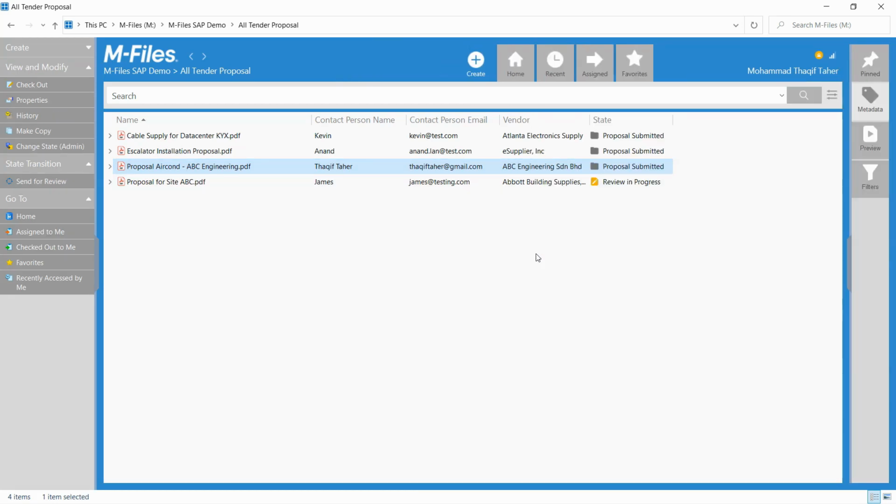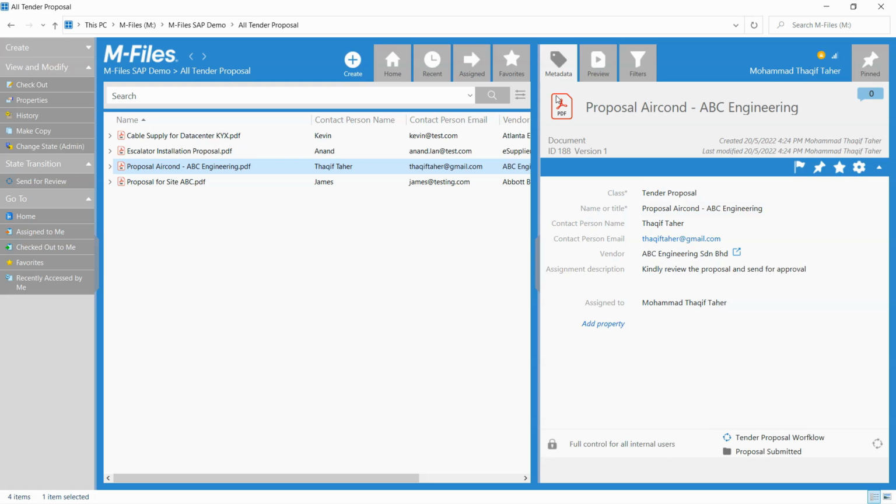And if I expand this one, you can see this is the status, the workflow state, which is proposal submitted, right? If I expand the metadata properties information here, you can see this is all the information that we have actually keyed in just now. All right. So this is actually assigned to me, and the assignment's description is kindly review the proposal and